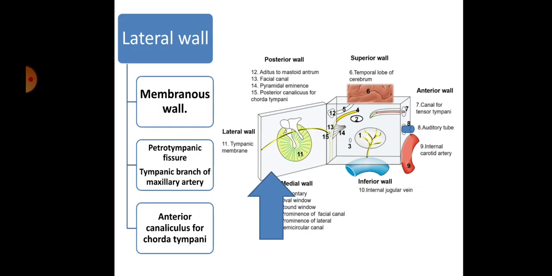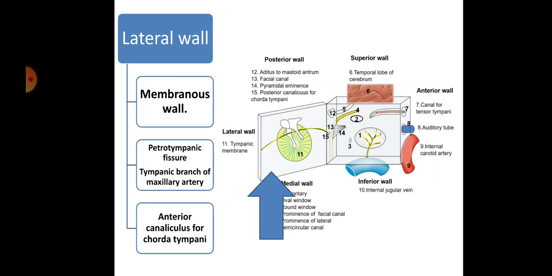And next we are going to discuss the lateral wall. The lateral wall is very easy because the lateral wall is nothing but the tympanic membrane. So the lateral wall is mainly formed by the tympanic membrane, and the upper part is formed by the bony part, that is the petrous part, where the bony part and tympanic membrane merge. That merging point is called the petrotympanic fissure. So once again, the lateral wall is mainly formed by the tympanic membrane, hence this wall is also known as the membranous wall.